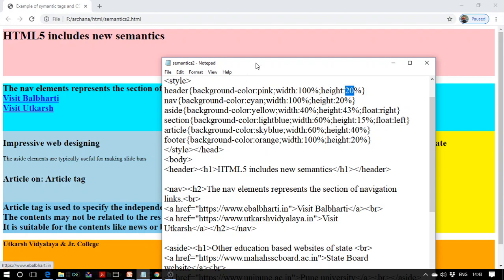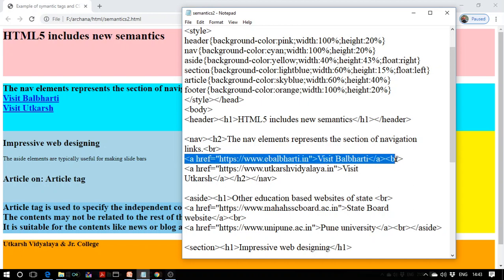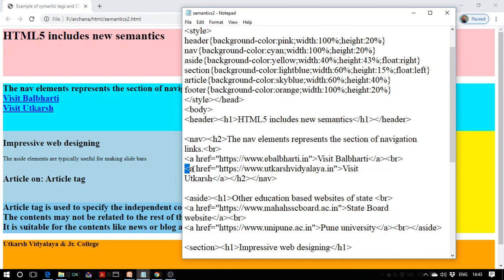Okay. Next to that is the NAV. So in the body, I have used the NAV tag along with the heading 2. The NAV element represents the section of navigation links. And now I have added two links using two different anchor tags, href, visit Balbharti, href, visit Utkarsha Vidyalaya. So we are getting these two links. Okay, that is regarding the NAV.